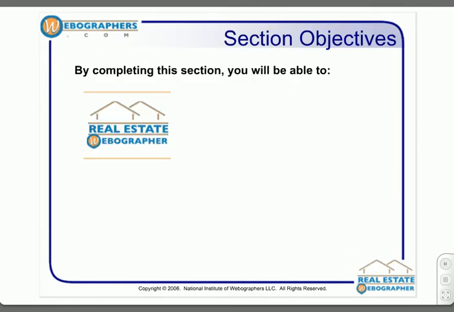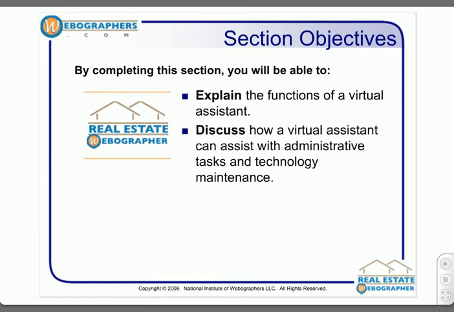By completing this section, you will be able to explain the functions of a virtual assistant, discuss how a virtual assistant can assist with administrative tasks and technology maintenance,